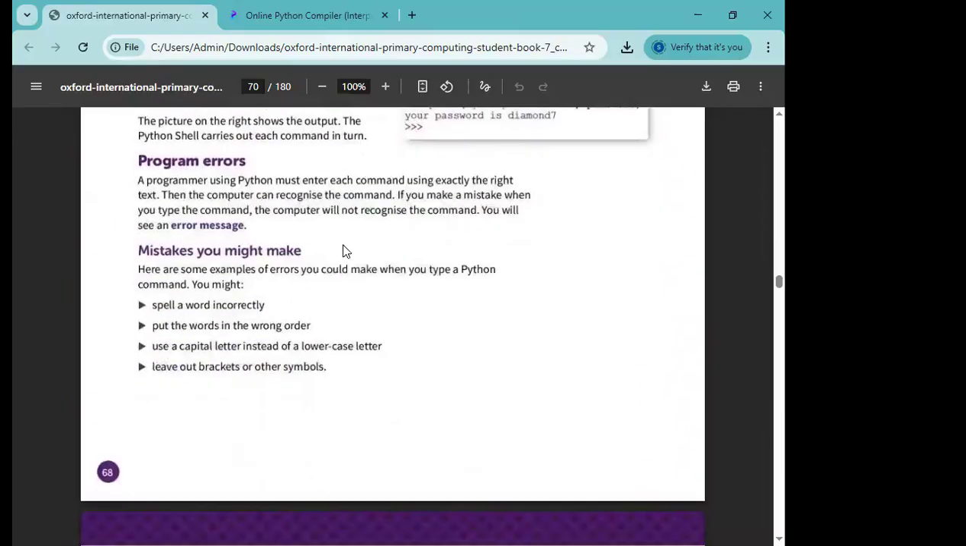Now, program errors. What are program errors? A programmer using Python attempted each command using exactly the right syntax. The program has